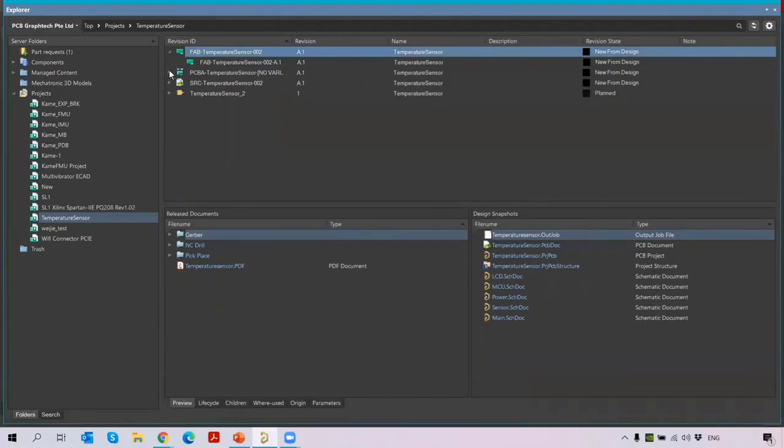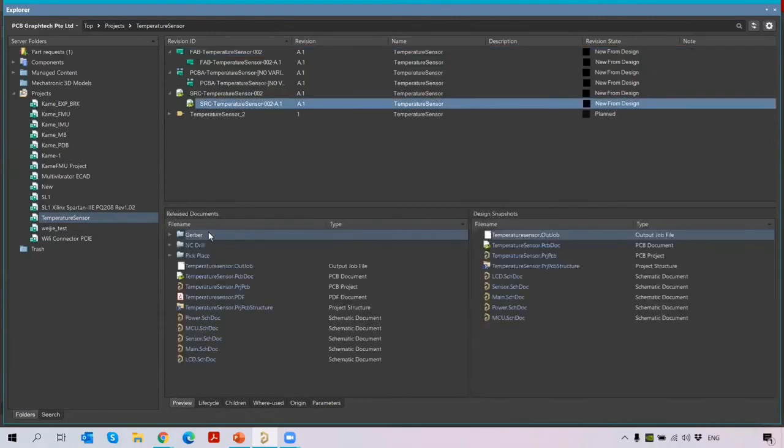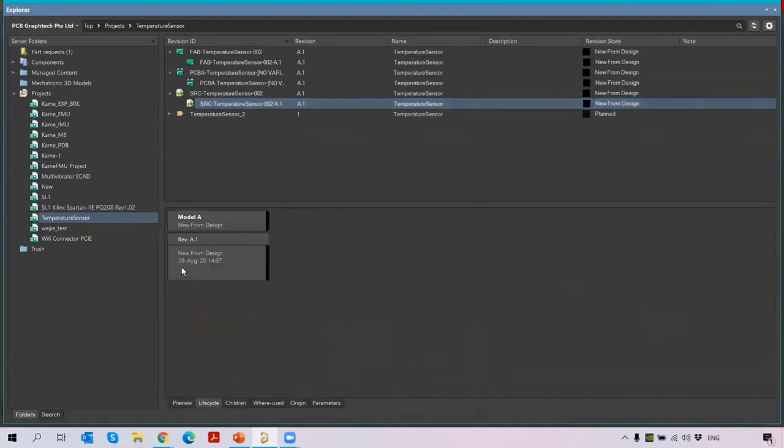So you can see here the PCB assembly file. When I click here, you can see the assembly file. If I click the source files, you will see all the source files here. Okay, NCDL, temperature. So you can click here to open in your software the particular files. Then you can also see the life cycle. So the life cycle is what we have created now with this time. Okay, you can do all this now.